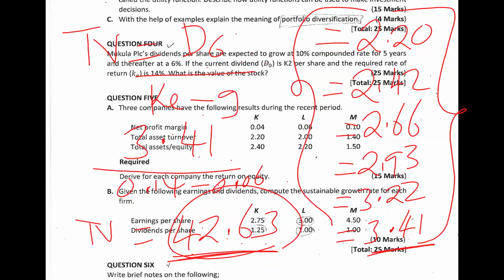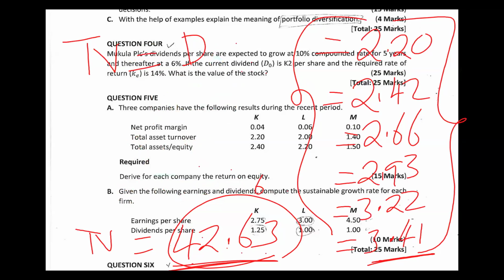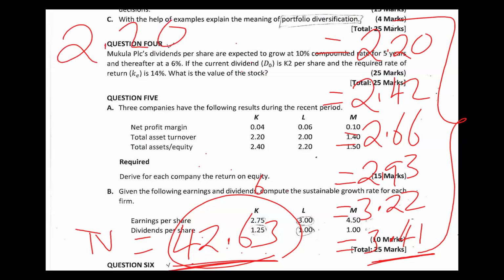So now let's go ahead and find the present values. How do you find the present values really? This is quite easy, right? At the end of 1 year, just discount these. So the first one will be 2.20 discounted at the cost of equity, or the required rate of return, 14%. So it will be divided by 1.14 raised to the power 1